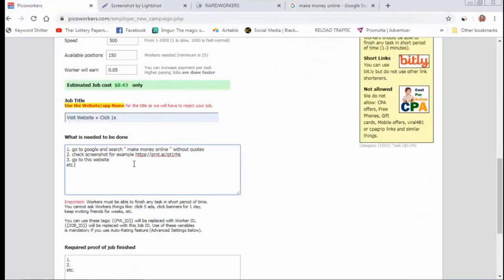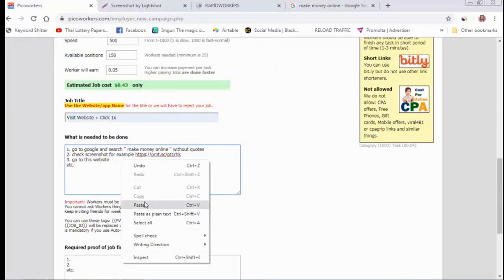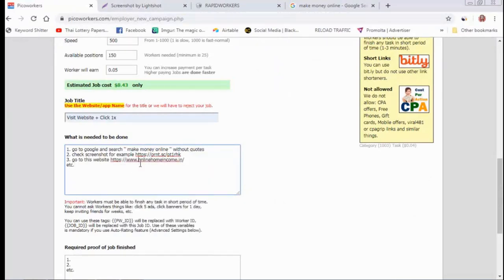You need to run the campaign the same way. I have removed this one, online income. I have removed home. Again, I keep a star here. This is go to this website online other this one and .in.